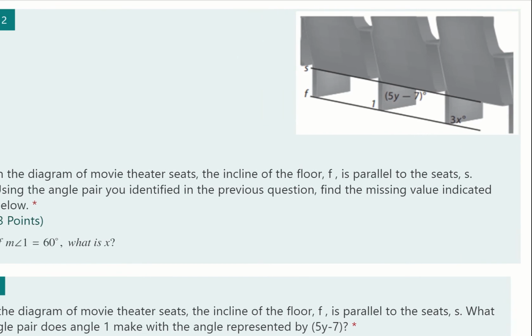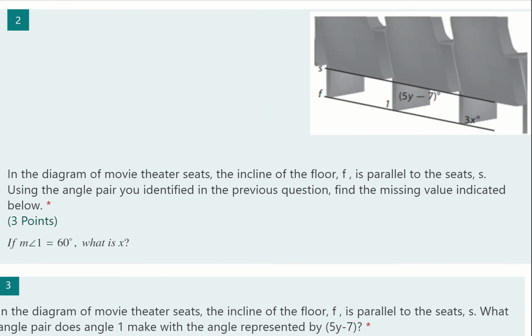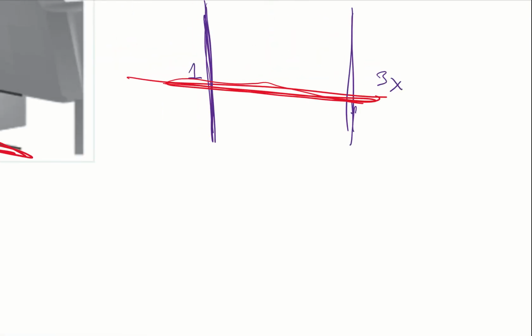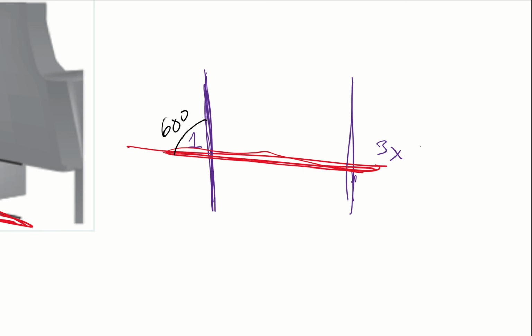Looking at the next question, it's the same diagram. This time they want us to find x, so we know that angle 1 is 60 degrees. Using our diagram here, we know that they told us that this is 60 degrees, and so we want to figure out what this is, right? Well, we know that those are same side exterior angles, and notice that we don't really talk about same side exterior angles. The main ones that we talk about are alternate exterior, alternate interior, that kind of stuff. However,